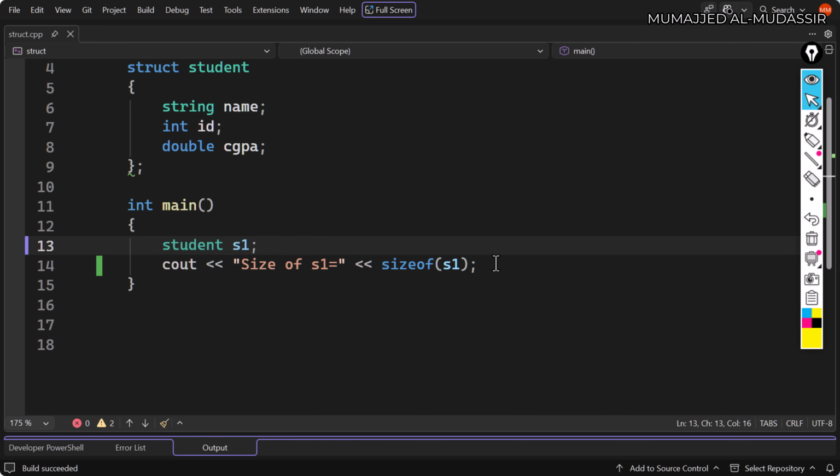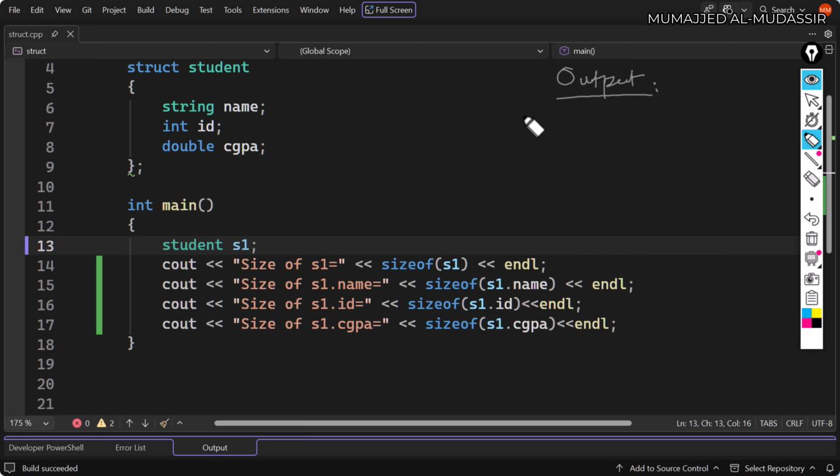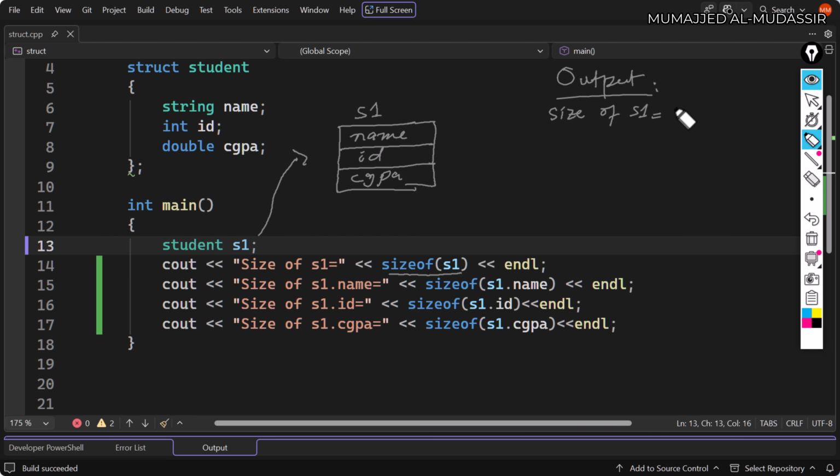and see the output. Starting from line 13, when s1 is declared, then memory of 56 bytes is allocated to store s1. When line 14 is executed, then first "size of s1 =" is displayed at output. The sizeof s1 operator returns 56, so 56 is displayed after string and endl brings the cursor to start